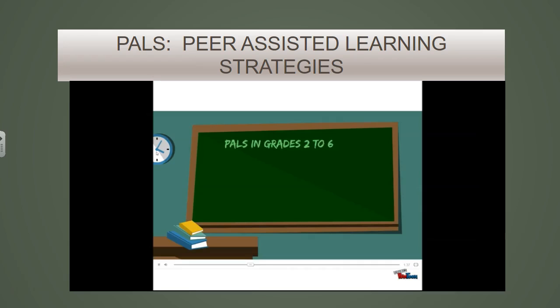Now we're going to talk about grades 2 to 6. When Billy enters grades 2 to 6, he can continue learning through the PALS program. Within grades 2 to 6, the teacher implements 3 35-minute PALS sessions. The main activities include paragraph shrinking and prediction relay.